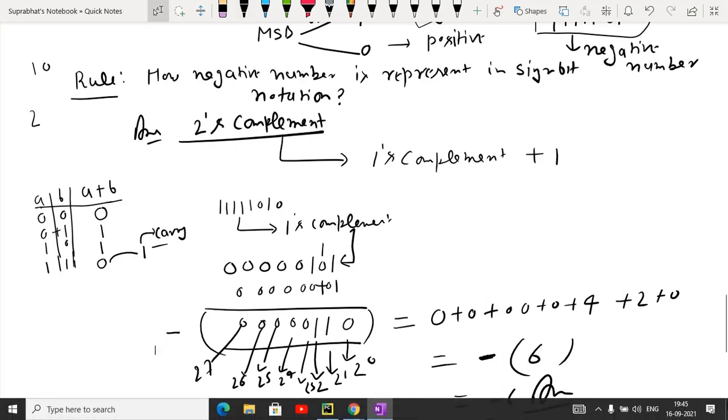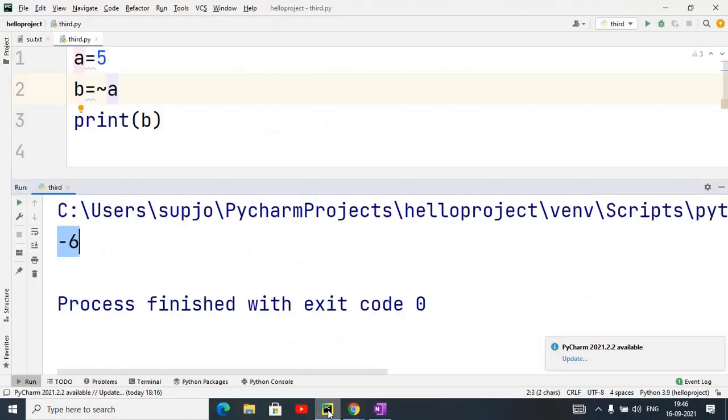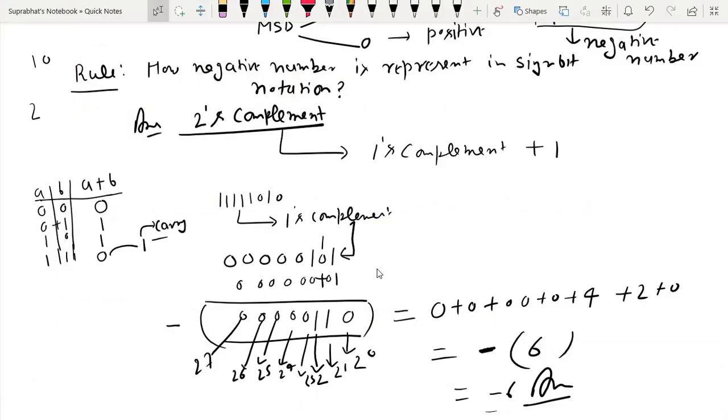So that's why when you execute this in PyCharm, I am showing again, the final output is minus 6 according to this rule. I am again explaining. If I add 1 on this, 1 plus 1 is 0, carry goes to the next bit, then 0 plus 1 is 1, okay, and 1 plus 0 again 1 and 0 0 0, all bits are 0. So when I convert it, outside of this is negative, so this will show minus 6 on the screen. So this is the mechanism.